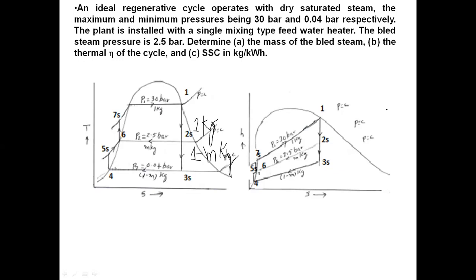So I have drawn the diagram in this fashion. Then for the remaining, from 2 to 3s you draw the vertical line, and in the same fashion you complete the diagram. You need to note here that the pump work and turbine work are isentropic, so it is a vertical line. Taking 1 to 2, it is a vertical line; 2 to 3 is a vertical line. Similarly for pump work, 4 to 5 is a vertical line, and 5 to 6 is a vertical line. Here you might ask what is the process of feed water heating. Actually the process of feed water heating takes place from 5 to 6 here.